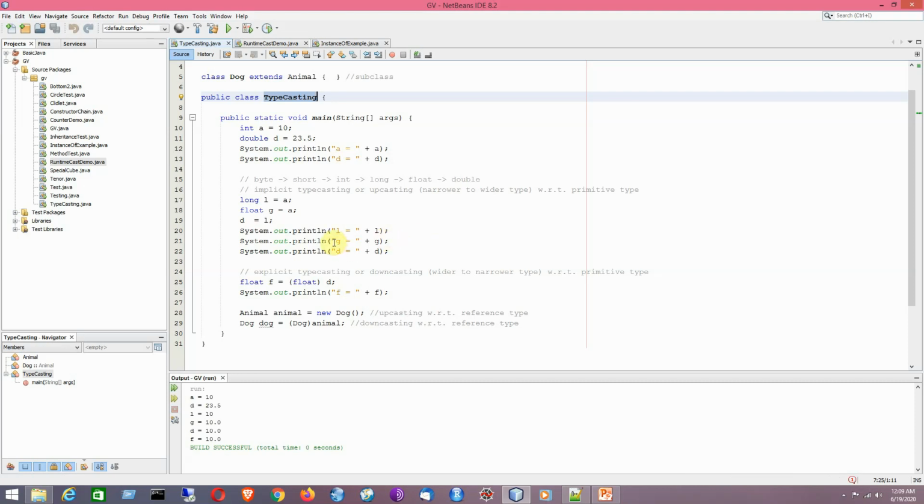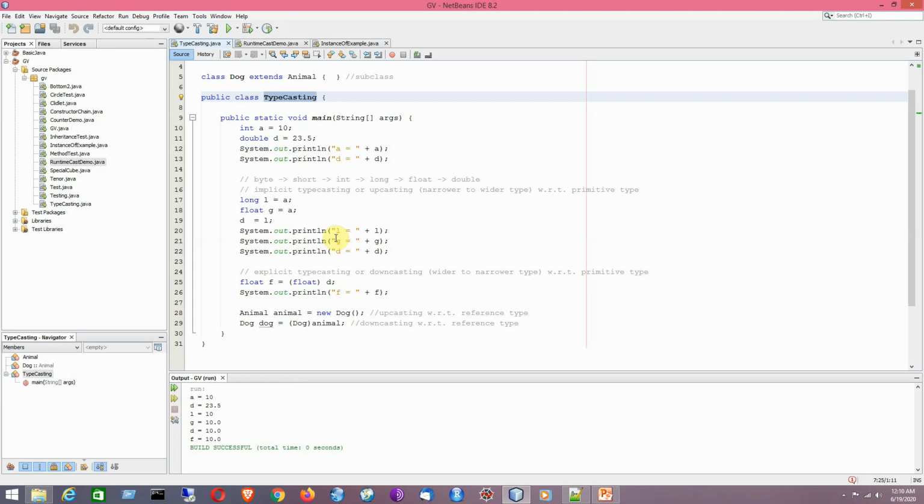Here, first I will try to explain the concept of upcasting, that means implicit typecasting, with respect to numeric types. Then I will explain downcasting, or explicit casting, with respect to numeric types. Upcasting with respect to primitive numeric types means converting narrower data types to wider data types without loss of information, for example int to double. So that is a typical example.